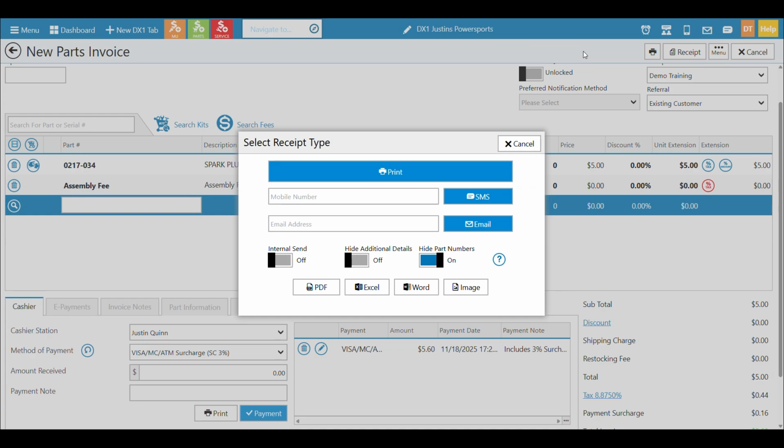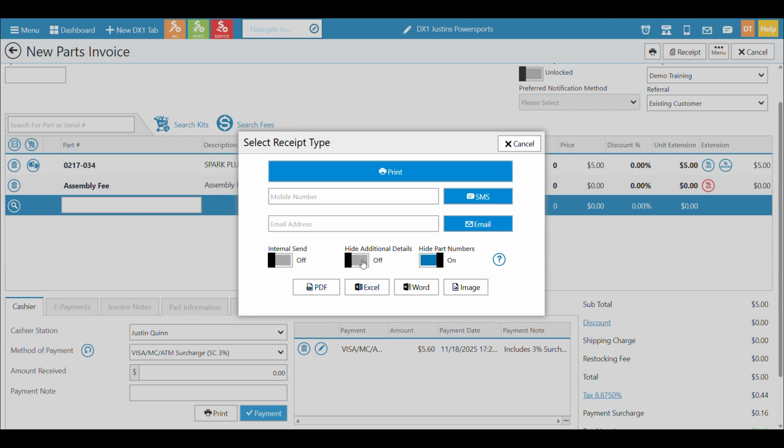Now, this next part, and we talked about in dealership settings, you can set these next toggles to do something as default. Maybe when you show the invoice to the customer, you only want it to show the kit number and the kit description, one price. You don't want them to know it's made up of these components. So you could hide additional details. And when the invoice prints off, it'll look like a normal part invoice. It'll have one line, it'll have the kit number, kit description, and price.